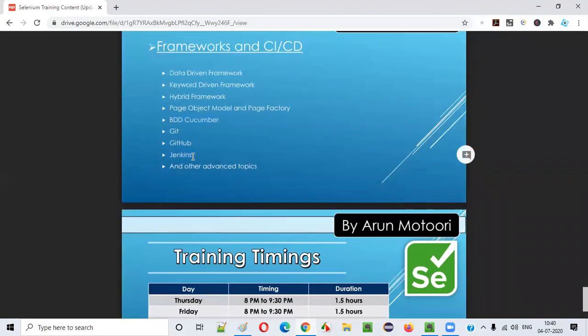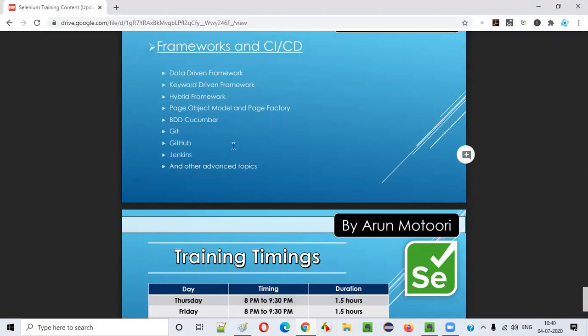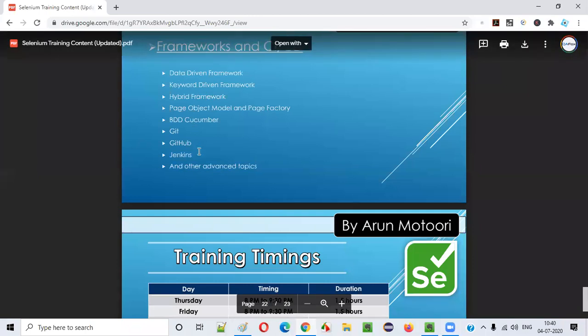Fine. Then in real time, a lot of people will be working together in the companies, right? So they will be using tools like Git, GitHub, and Jenkins for different purposes. I'll be explaining in detail. I'll be covering a complete checklist of Git commands. I'll be practically typing before you all the commands that are there in Git, guys. This is very important. And GitHub also: what are the things that you can do with GitHub. Then Jenkins for CI/CD kind of things. Nowadays, people are using Jenkins like anything. So Jenkins will be there, and any other advanced topics that are not covered as part of the frameworks will be covered here. So that's fine.